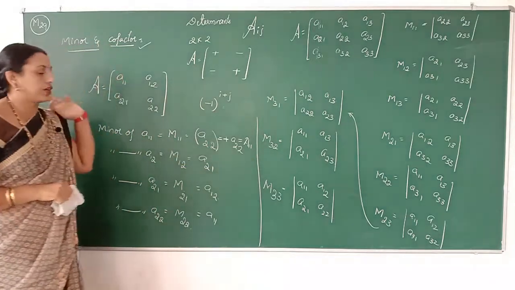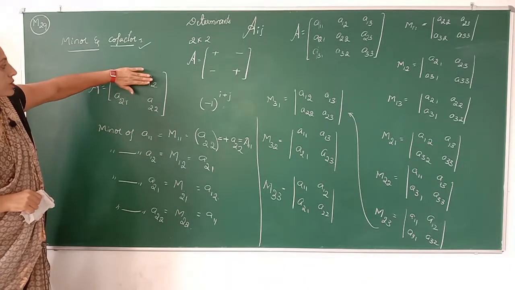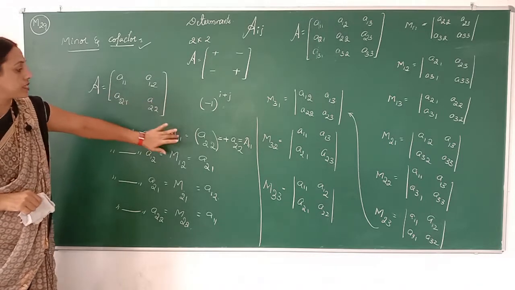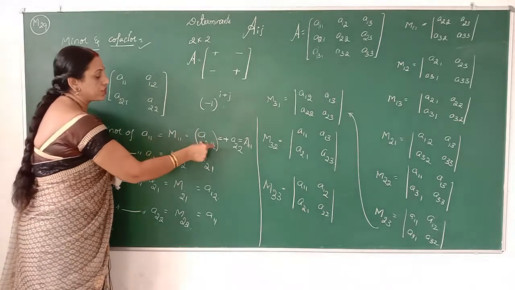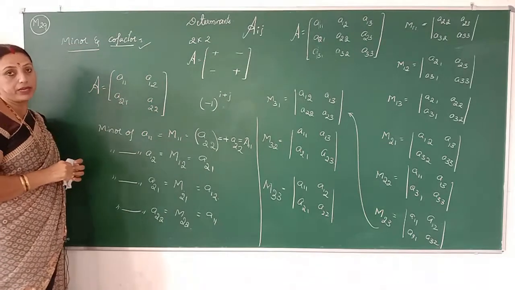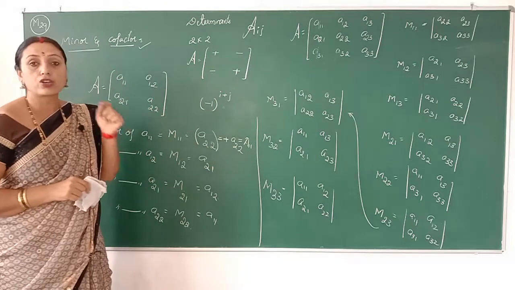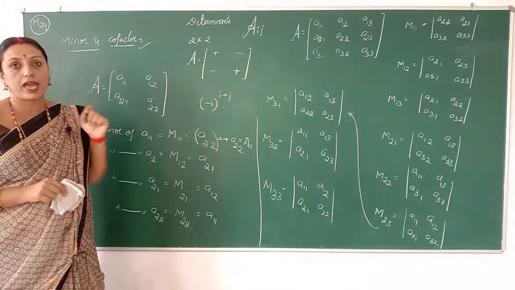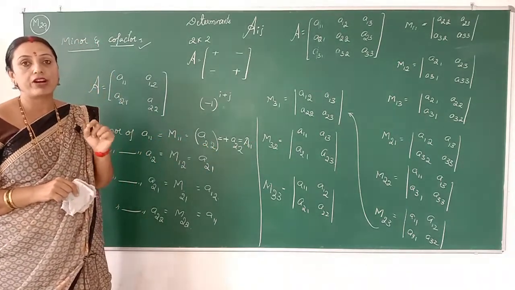For the minor of an element, the elements of the ith row and jth column are neglected, and the remainder is the minor of that element. That minor is then multiplied with the corresponding sign of that position in the determinant. Such a result is called the cofactor. Cofactors are denoted by capital Aij. So that is the first cofactor, therefore it is denoted by capital A11.